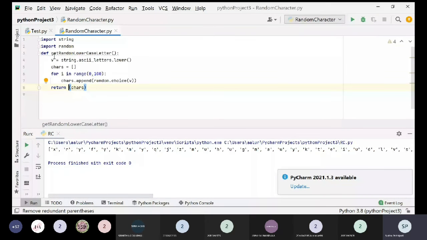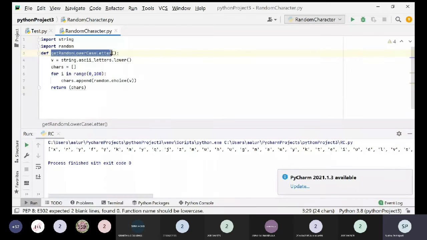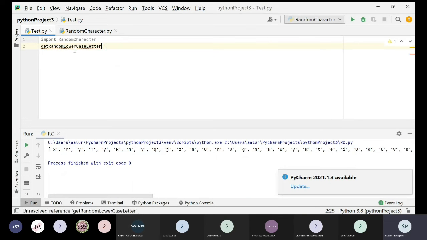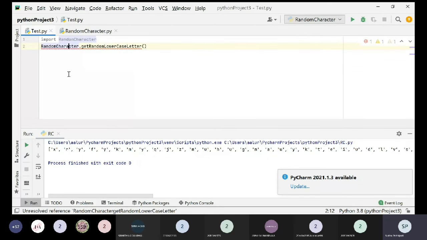The name of the function is get random lowercase letter. Before the name of the function, I need to give the module name. So the module name is random character, dot, the name of the method.